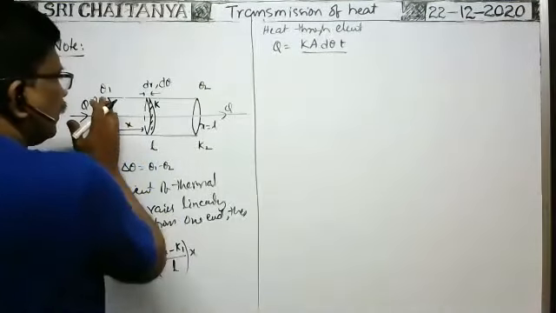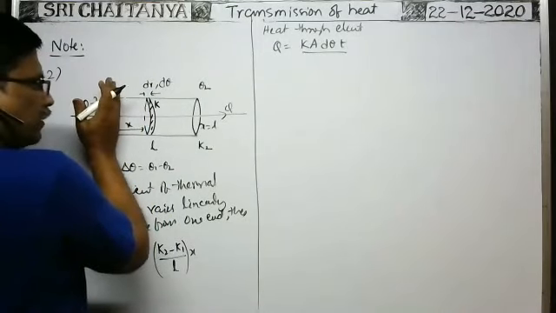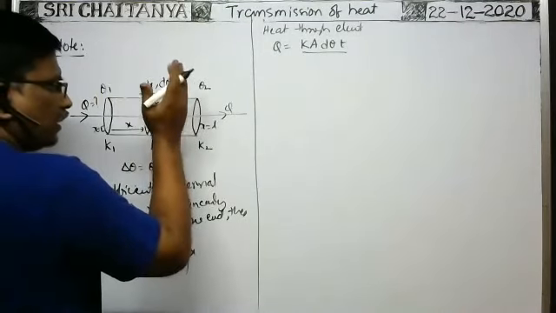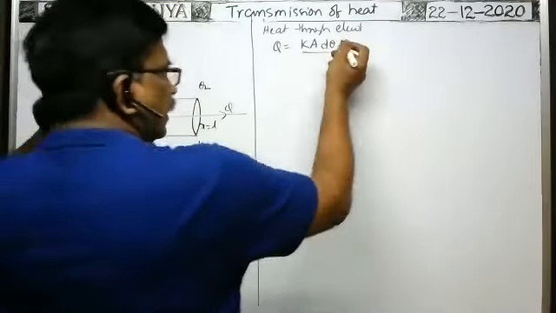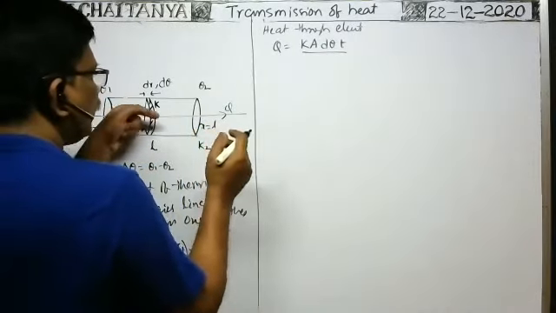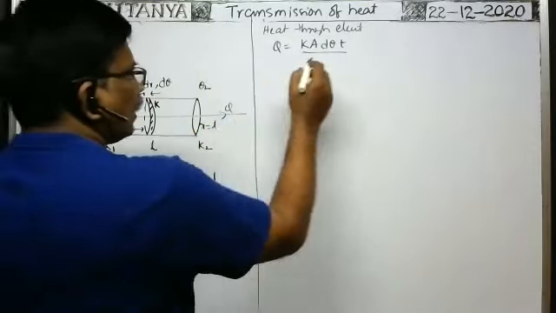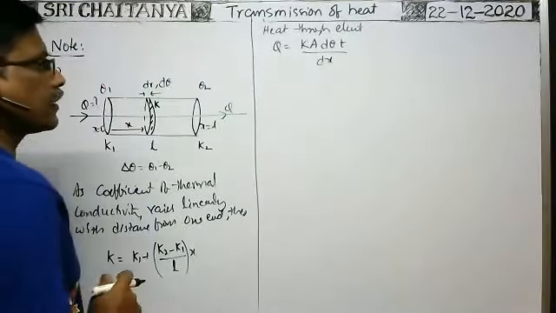Whatever the time t in which Q amount of heat energy entered, the same amount of heat energy comes out in the same time. The same heat energy is transmitted through this element also. That's why it is in the same time t. By L, L means thickness, the distance of the element through which the heat energy is transmitted. That is equal to the thickness of the element, dx.